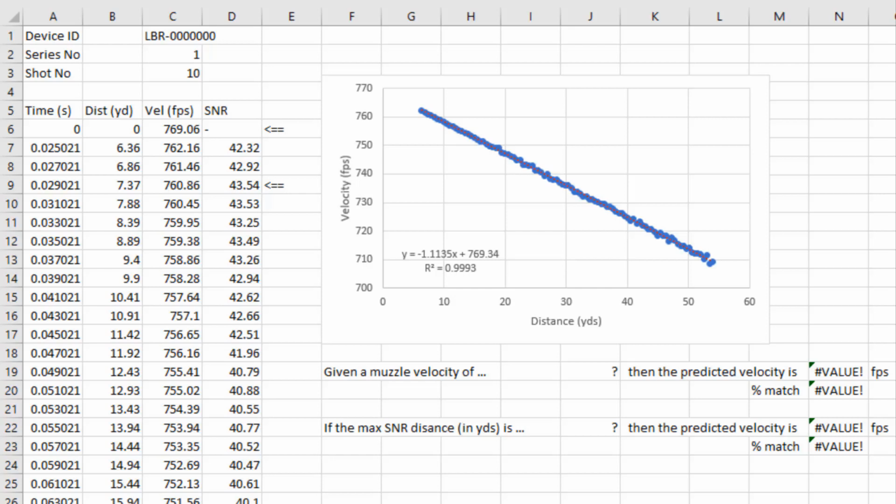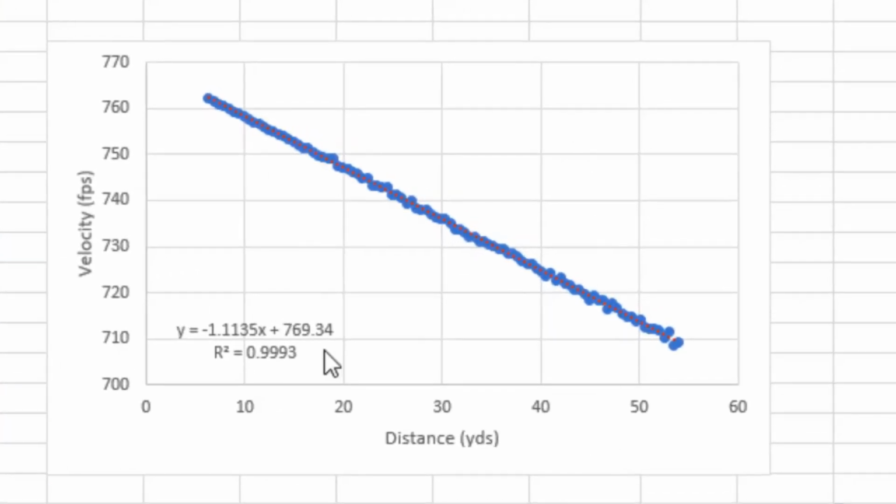But I did want to take a moment to show how a model can be used to give fairly accurate predictions given the data points created by the LabRadar. I do not know the actual model the LabRadar software uses, so I made a simple linear regression. I used all the velocities and distances except for muzzle velocity because that is not a number actually captured by the LabRadar unit. It is a number predicted by the LabRadar software. And I did not use the velocities and distances where their signal to noise ratio identified them as being unreliable. But this is the model I came up with.